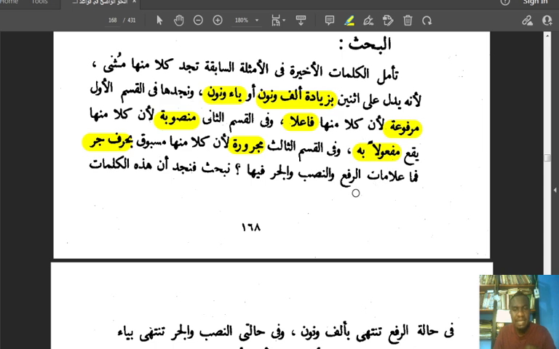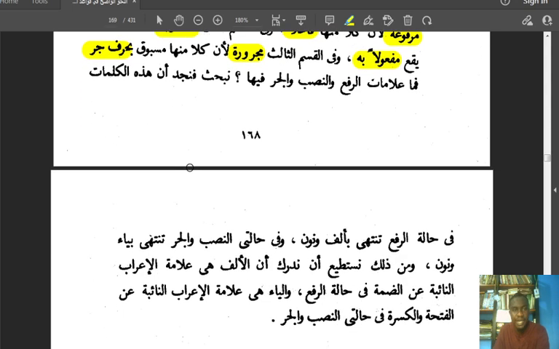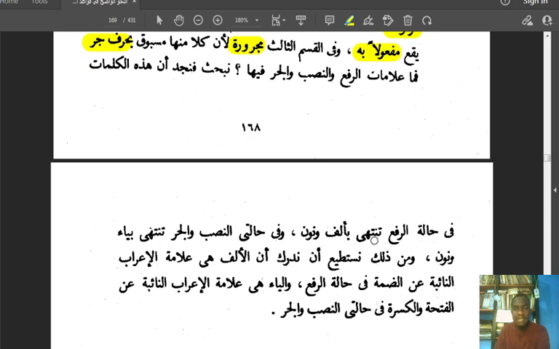فما علامات الرفع والنصب والجر فيها. What are the signs of رفع, نصب and jar in these nouns, in these dual nouns we've just seen? I know you know them already because I've already explained. Okay, let's read on. It says نبحث فنجد, we search, and then we realize that these words في حالة الرفع, in the case where they are nominative,